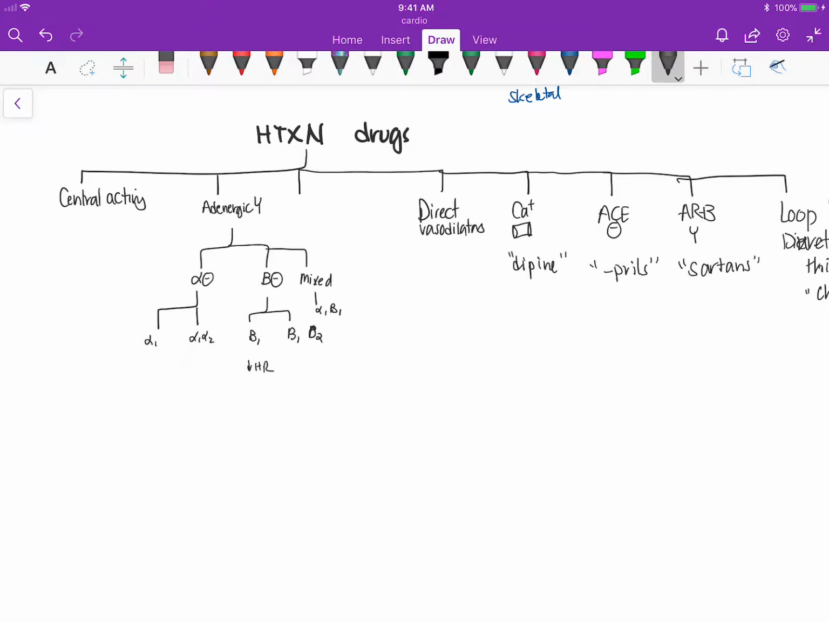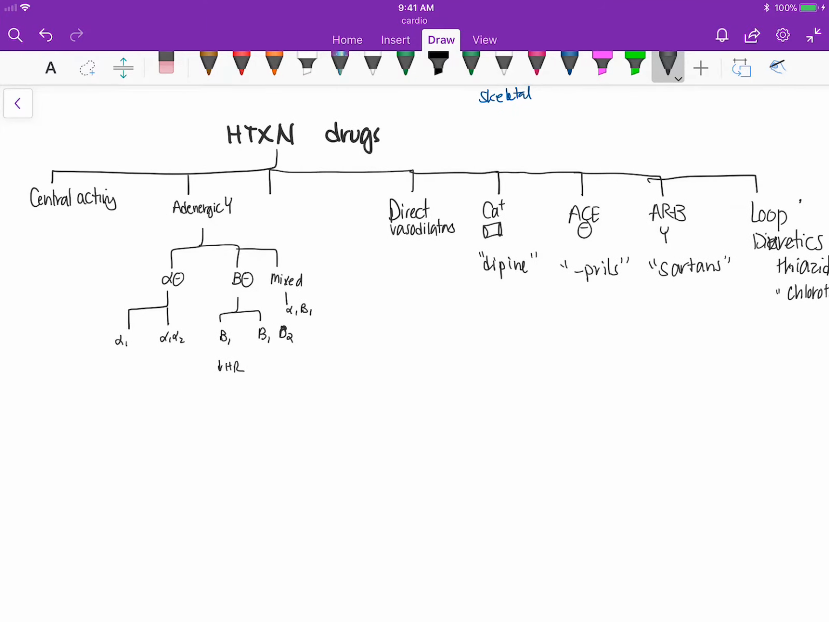Right, so here we're going to talk about the hypertensive drugs. Which drugs do you use for hypertension? As you can see, there's a whole bunch of them. Some of them are central acting, meaning that they act in the brain. You have the ones that attack adrenergic receptors. You have the direct vasodilators, calcium channel blockers, ACE inhibitors, angiotensin receptor